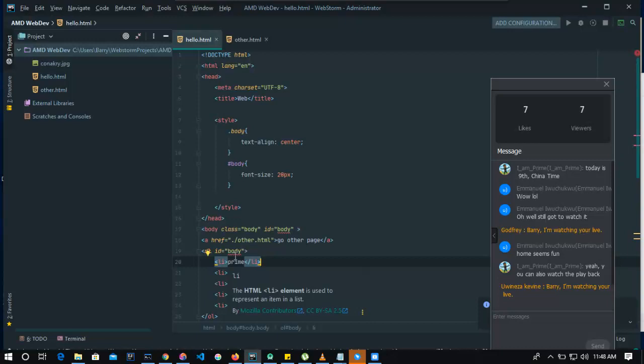Do you understand? Now with the class, I can give the same class to any other element inside my HTML, inside the same page. Okay,